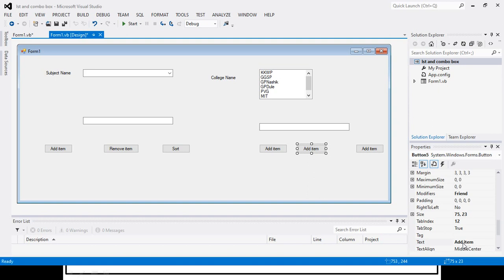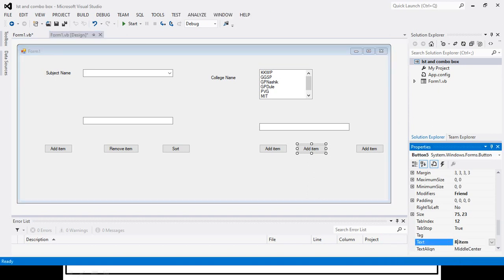Now here is the remove item button, so I will rename it remove item.